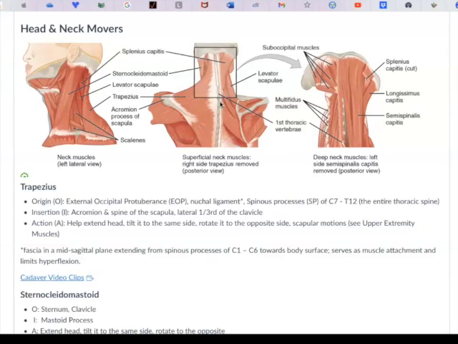That means every bump here, all the way down to below here, see this keeps going down here, the muscle is going to be an attachment of this muscle. So this whole line here is where this big muscle attaches, or originates from. And then it inserts in, that's the other attachment, says acromion and spine of the scapula and lateral third of